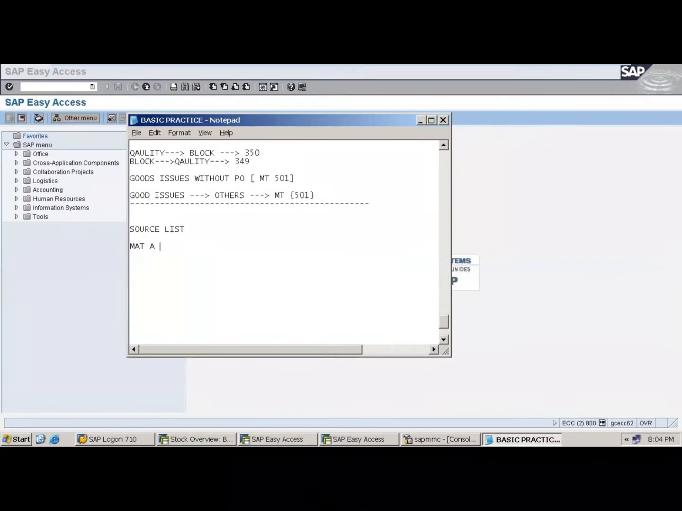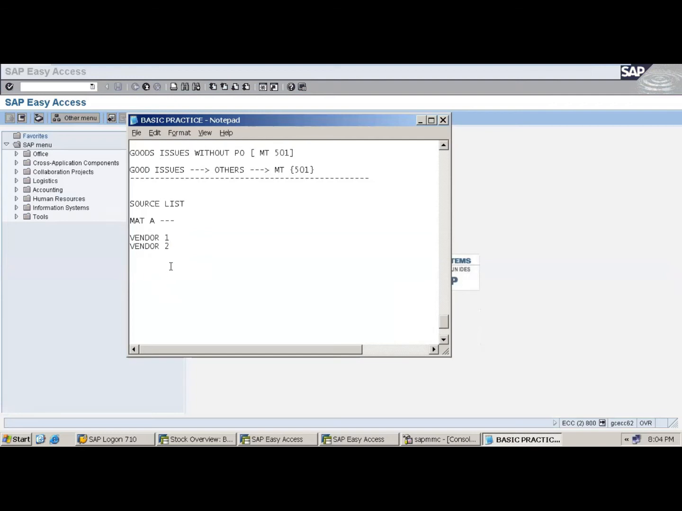Material A. We have vendor 1 and vendor 2. I want to buy the material A only from a particular vendor, vendor 1, not from vendor 2. You're getting my point, no? Suppose first we create the material M101, okay? Then XK01, we create the vendor, correct? Then ME51N, we create the PR,